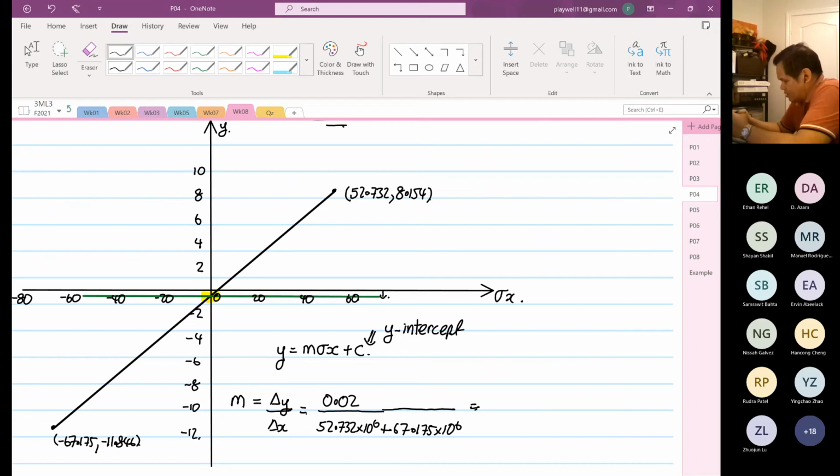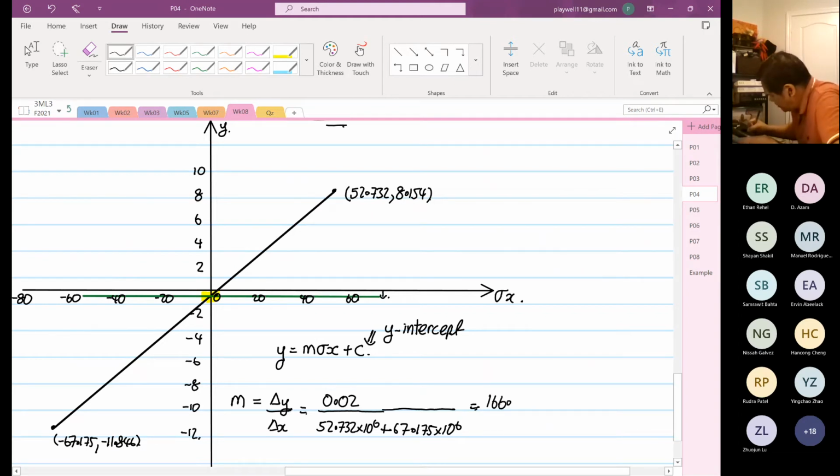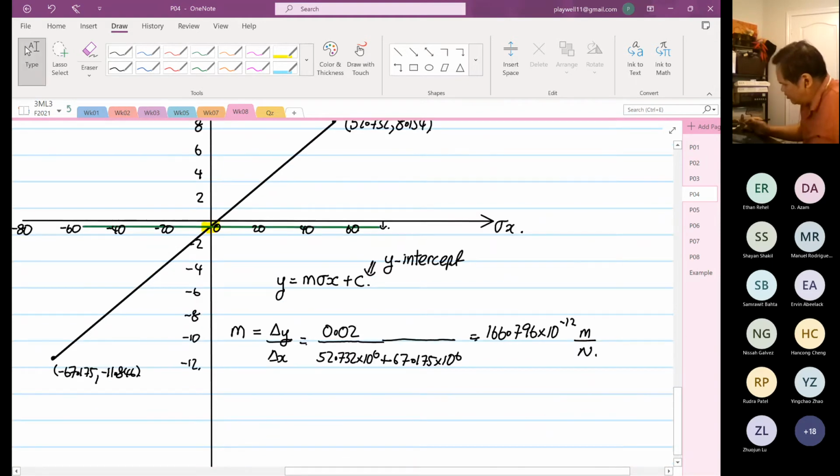By power 6. So 0.02 divided by this is equal to 166.796 times 10 to the power of minus 12. Okay, and I just want to write the units: meter per Newton. So I get 166.796. So now we know we want to find